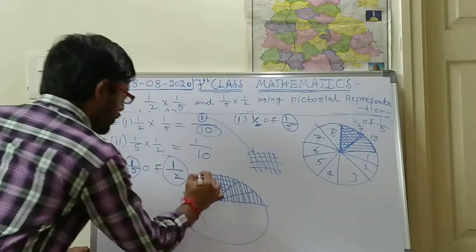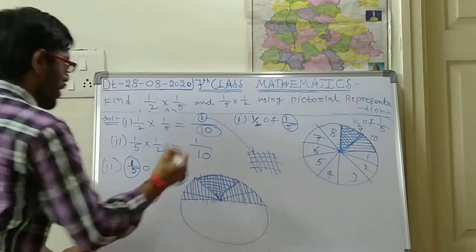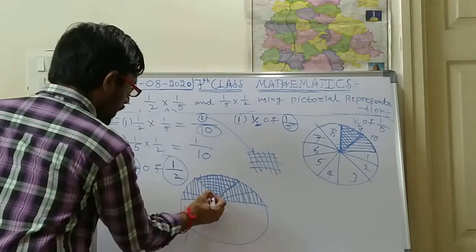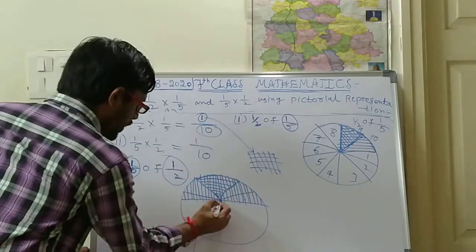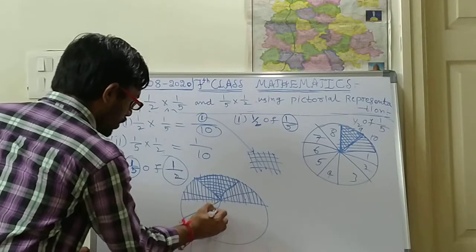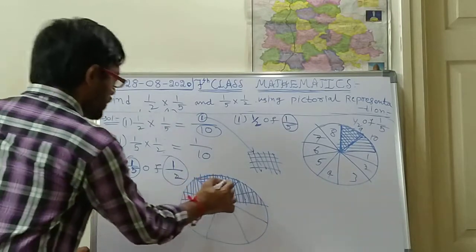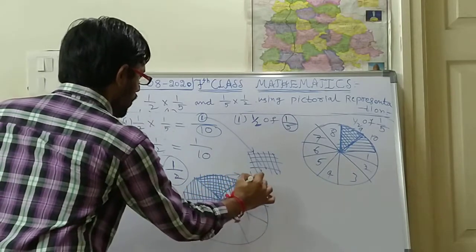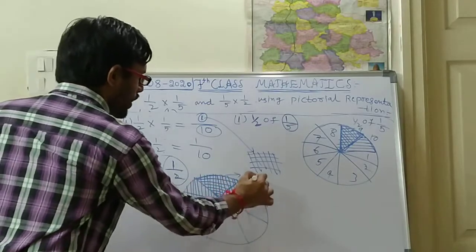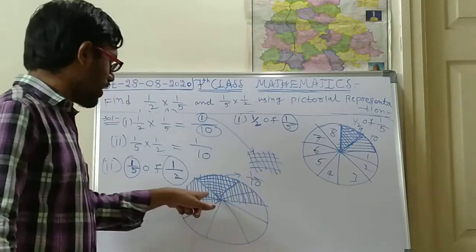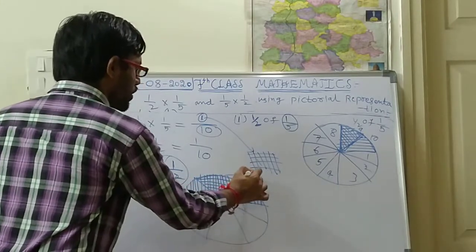Okay, so this is the part which I have shaded, 1/5. So here totally there are 1, 2, 3, 4, 5, and here also there will be 5. Is it right? So this is only one part which is shaded. Here 5 parts, here also 5 parts. So totally how many parts will be? 10 parts. So in these 10 parts, how many regions will be shaded as a common part?